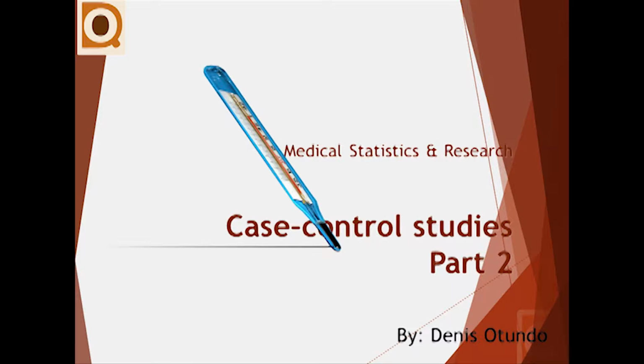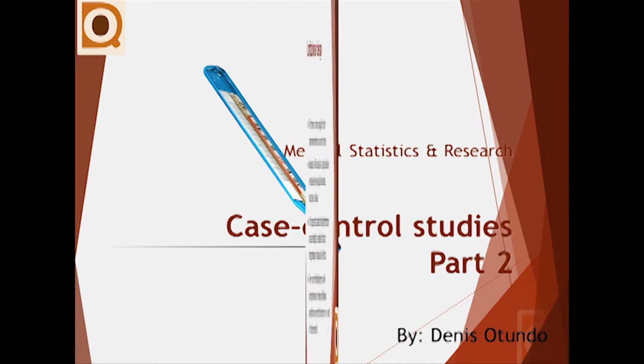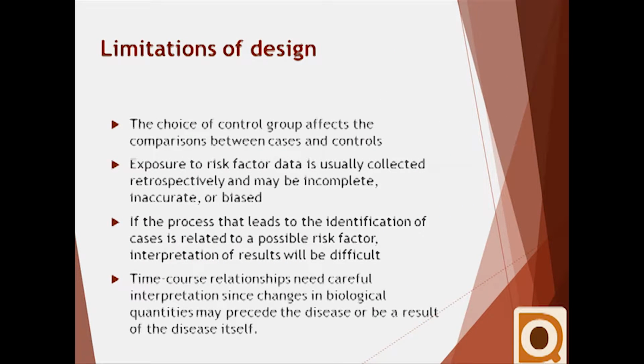Dennis Otundo here. This is part 2 of the case control study series, and we will be looking specifically at the limitations of the case control study design. So we have 5 limitations to this design. Number 1, the choice of the control group affects the comparison between the cases and the controls. Number 2, the exposure to the risk factor data is usually collected retrospectively and may be incomplete, inaccurate, or